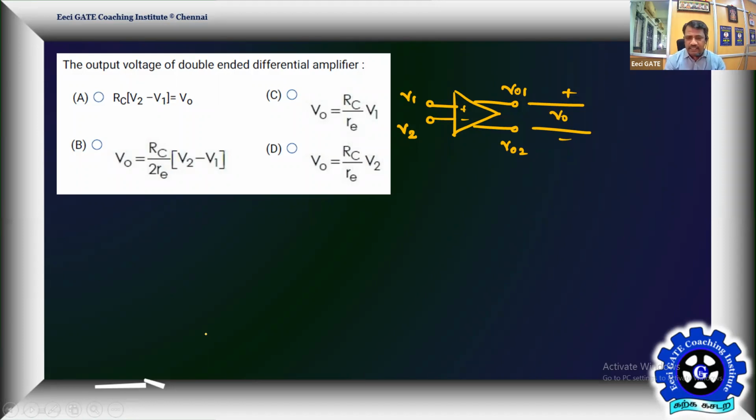Now he's asking us to take two outputs, so a double-ended difference amplifier output. We'll see what that is, but it is still going to have the same components: ADM, VDM, and ACM, VCM. The focus is on the ADM only. He's talking about the output voltage V0 only. In this case, the ACM, VCM component present in both V01 and V02 will get automatically eliminated.